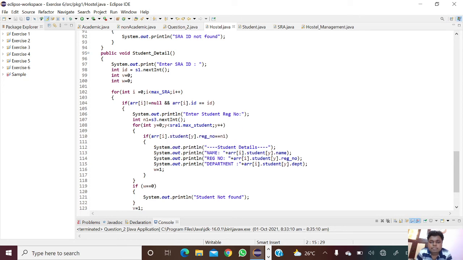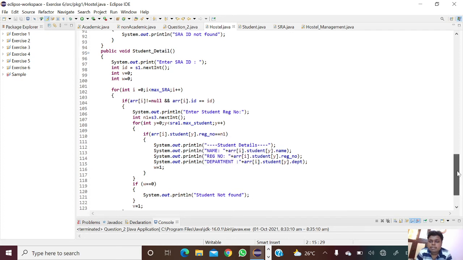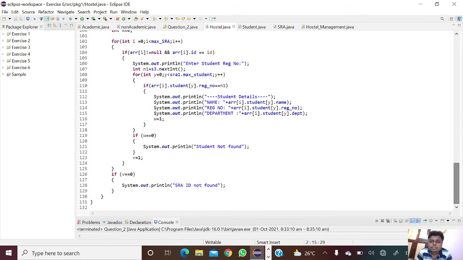And if array of i.student of y.listNumber equal to n1, we'll print the name, list number, and department. And using an if statement, if w equal to 0, it will print student not found. And if v equal to 0, it will print SRA ID not found.